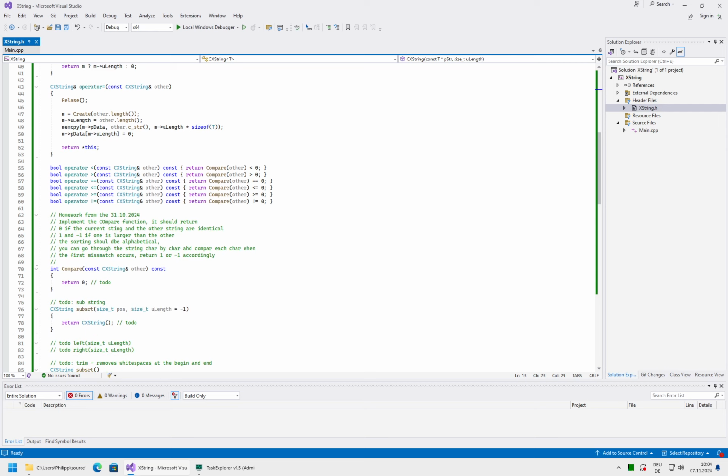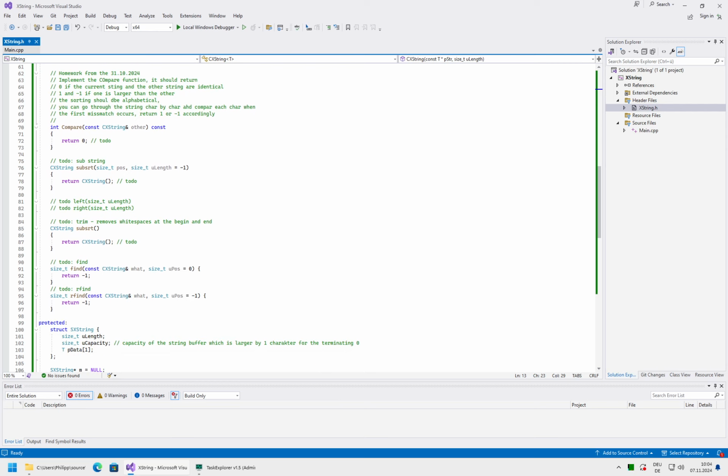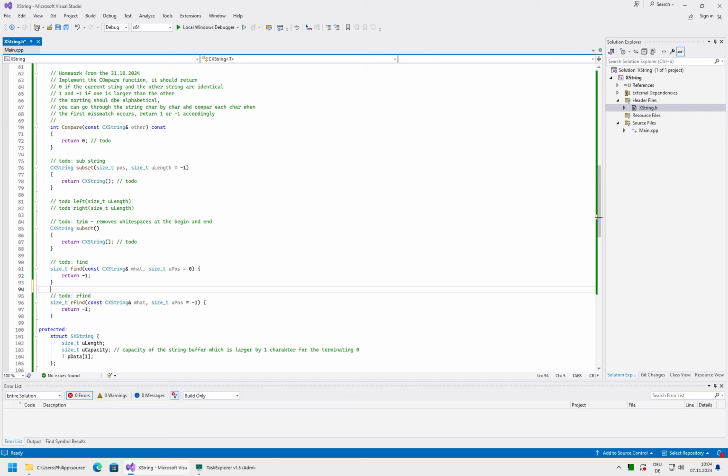Today we will continue with our string class, and I would say we start with implementing the find function. This is generally a very useful functionality to have. And the last person left, perfect. So as I was saying, we will now continue with our string class and implement the find function. So who would like to volunteer to implement it?